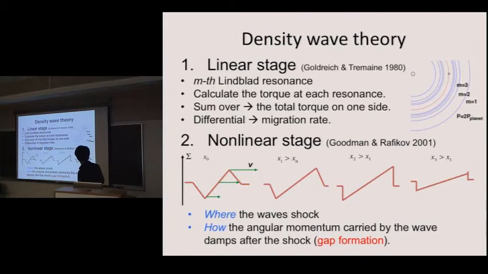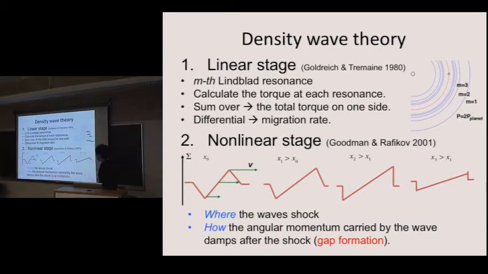So the planet excites a density wave on its orbit. Then the density wave propagates away from the planet. On its way out, it's going to encounter a series of invariant resonances from large m to small m. And analytically, you can calculate the torque exchanged by the disk and the planet at each invariant resonance. If you sum them up, you get the total torque on one side. Then if you differentiate the two sides' torque, you get the net torque, which would directly translate into the migration